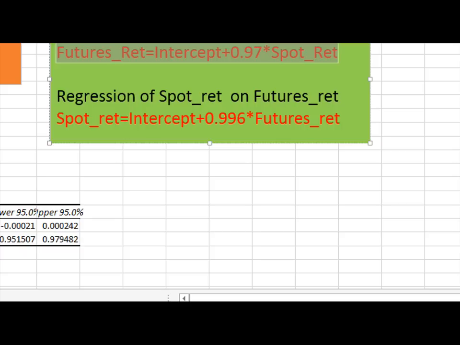If we know the futures returns, we can predict spot with more accuracy, almost the same as futures return. It is intercept plus 0.996. This means if we know that futures return is going to change by 1%, there are 0.99% chances it will be the spot return.